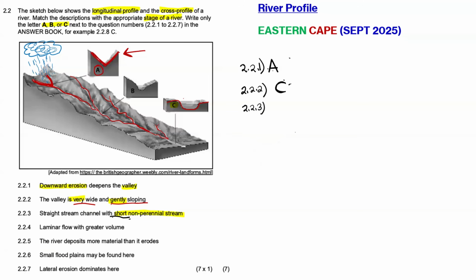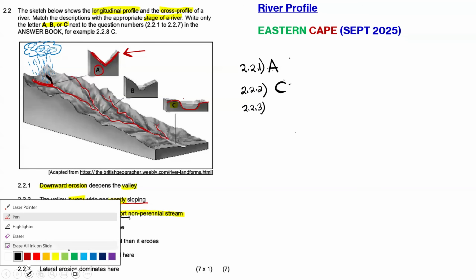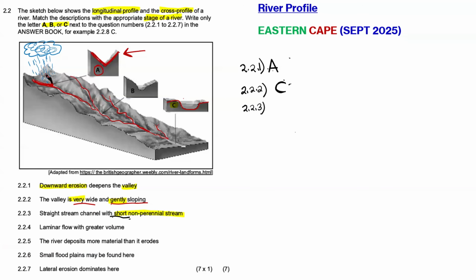Why do we say that they are not permanent? It's because they're only there because the rain is raining. Otherwise, if the rain stops raining, these streams, these tributaries will fade away. Guys, remember that the tributaries that we have at the upper course are those tributaries that are coming from the rainwater, from the catchment area's rainwater. So the moment it is raining, they start forming. And if it happens that it is no longer raining, they stop forming. So they are temporary, they are short, and they are non-perennial.